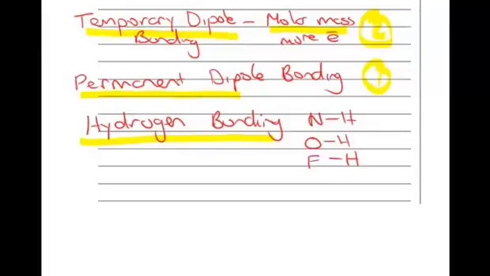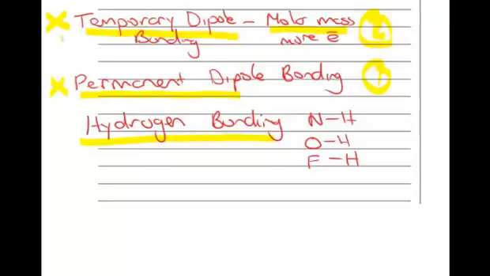And one of the things you have to realize in answering scholarship questions, if for instance a molecule has only temporary dipole bonding, but it obviously has a higher boiling point or melting point than a molecule with permanent dipole bonding, even though we're used to thinking in terms of more permanent dipole bonding being a stronger bond, which it is,